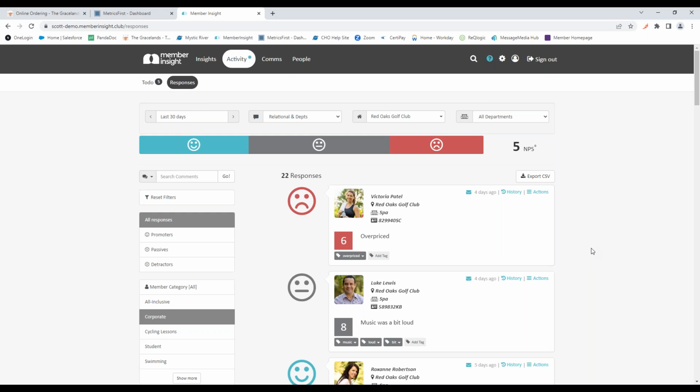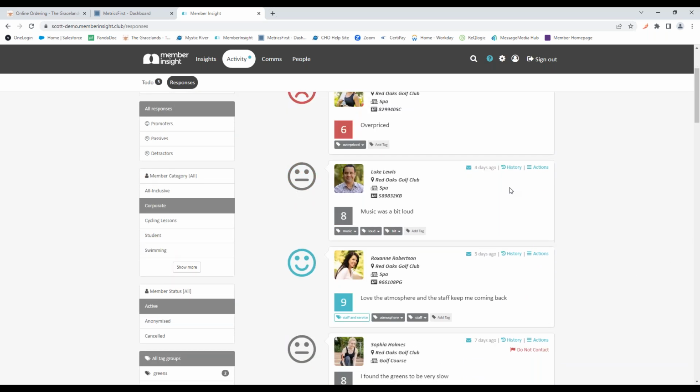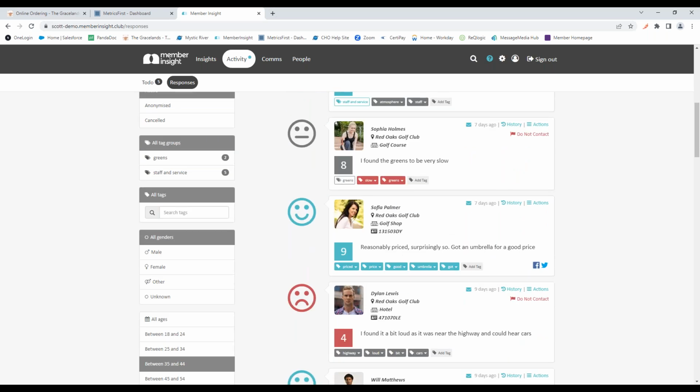That's now going to break down every single response in the last 30 days we've gotten in the survey that fits into that segment of the club. So we'll be able to see our NPS score there and different percentages of scores that we've received. And we can look at each response. It'll show us how many responses. And you can take a peek through those, see what you're getting from that segment of the club.